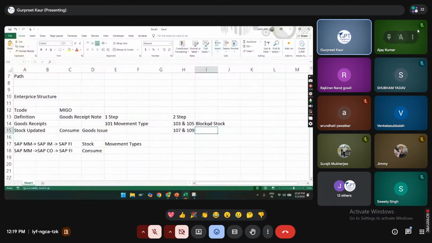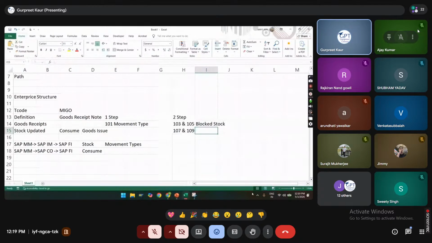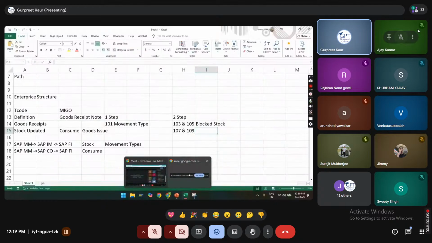Okay. Then if there is any quality inspection, we have other separate movements. With the help of 122, it is going to be rejected and go back to the vendor, or we will use 101 for keeping it back in unrestricted.